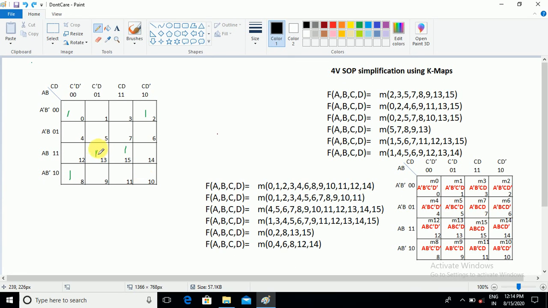Now the easy grouping is only one, that is 13, 15. After that you think about the cells which are not in the group. If you fold the paper vertically, here you can create one group. After that, think about the 8 cell. Is there any alternate with 12 and 9? Not possible. Only one alternate, with the 0. So with overlap, here you can create one group.